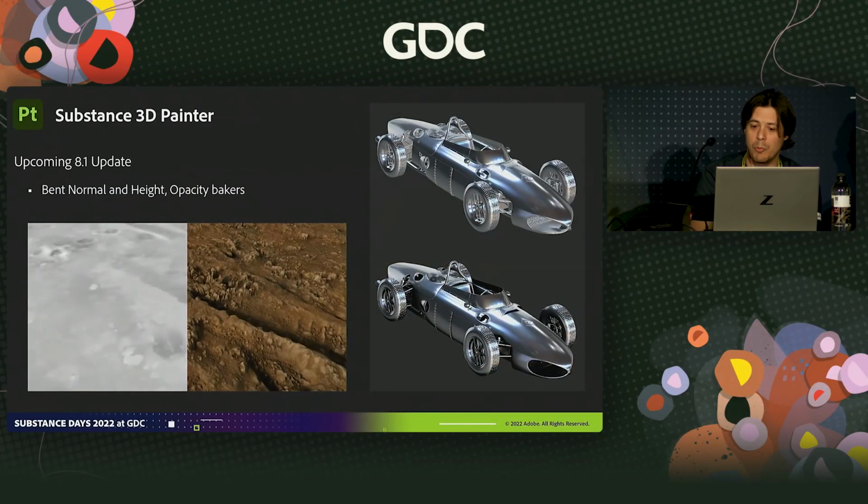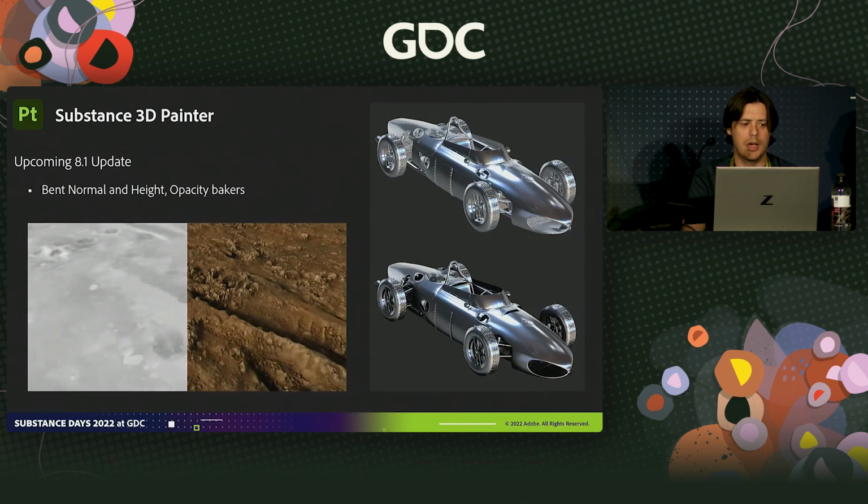Also coming in the 8.1 update, we now have the ability to bake height and displacement in Substance Painter. This is awesome. People have been waiting for this for a while. So we had this inside of Designer. It's the same baker from Designer. So again, it just allows you to bake your poly mesh into a displacement, great for monsters and different types of characters they're going to be working on.